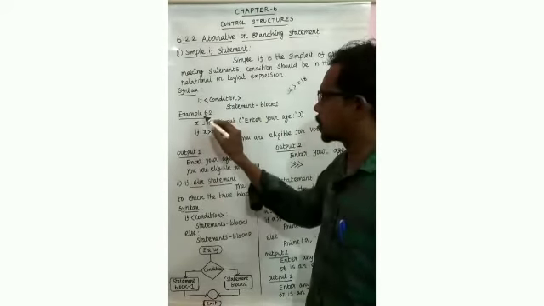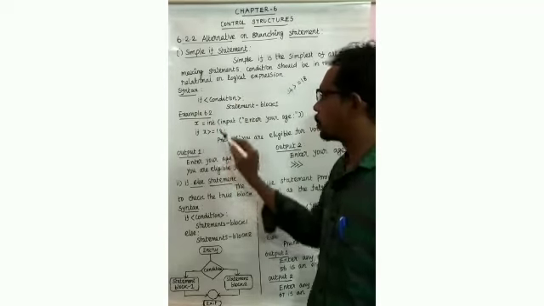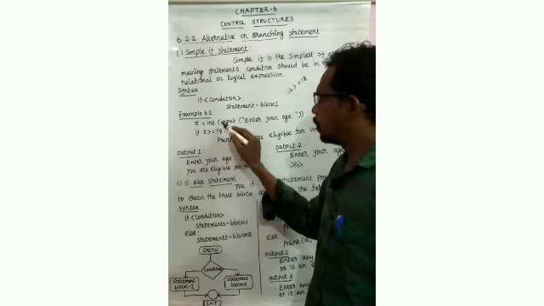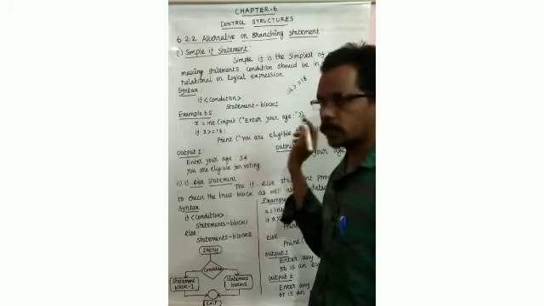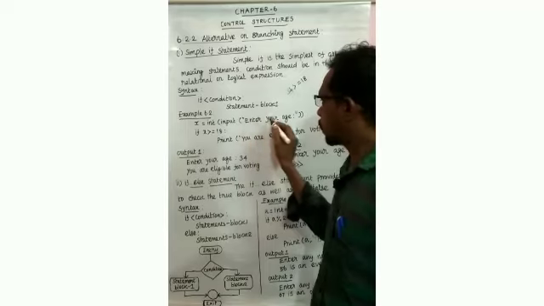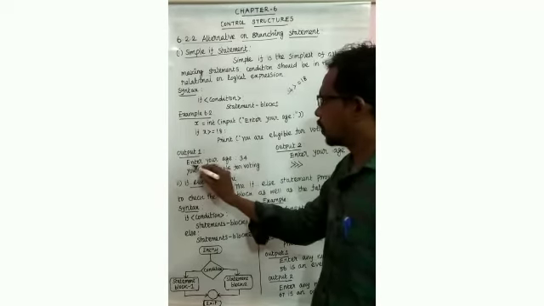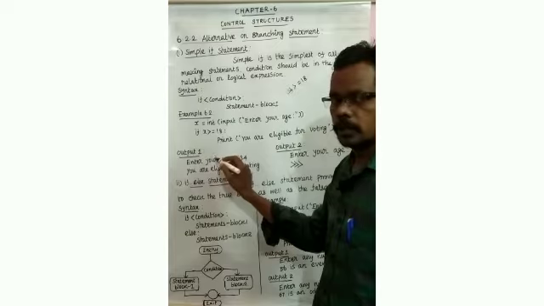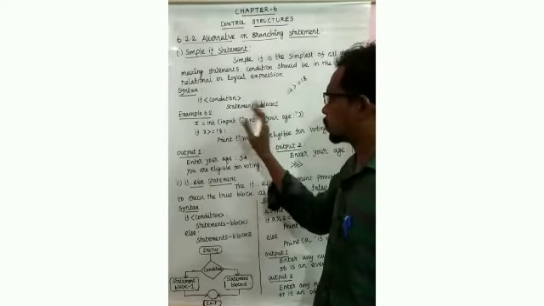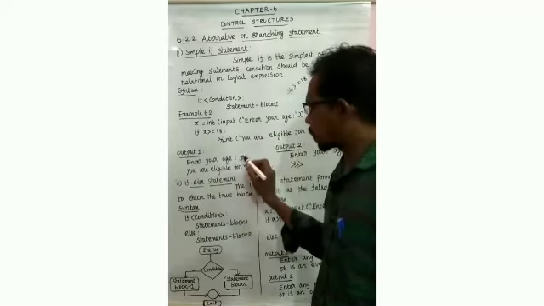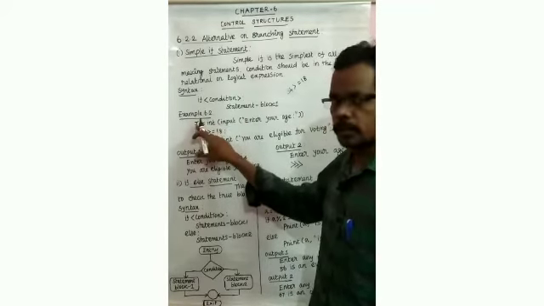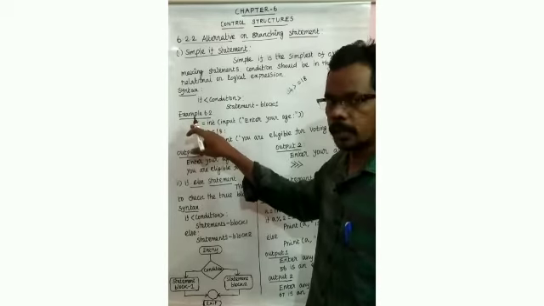Now we can see an example of the simplest if statement. X equal to int, where int means integer, and input means get the input value from the user. Within double quotation marks they have given "enter your age". See the output, "enter your age", that line will be displayed here. So we get the input value from the user, what value they have given, 34. 34 is accepted and stored in X because equal is the assignment operator.